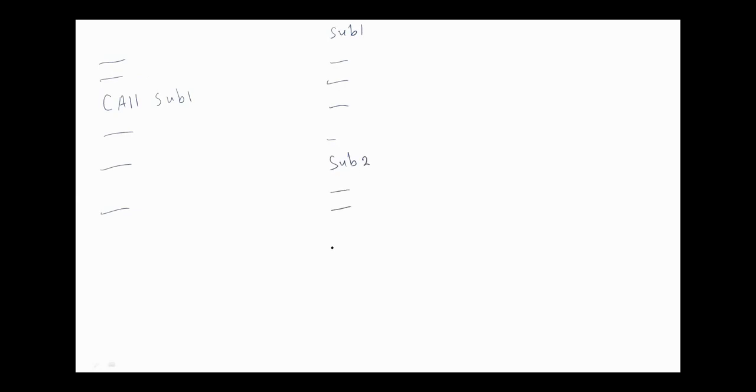And here we have return. Here subroutine 2, etc. And here we have return. So when we call subroutine 1, return address 1 is pushed into the stack,